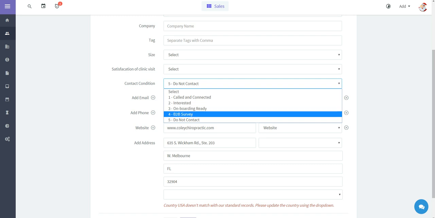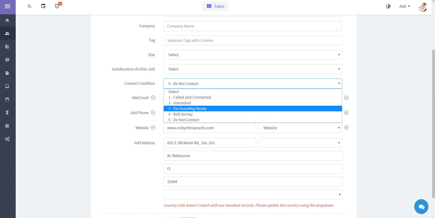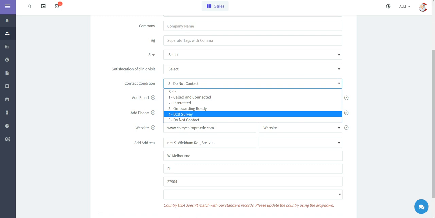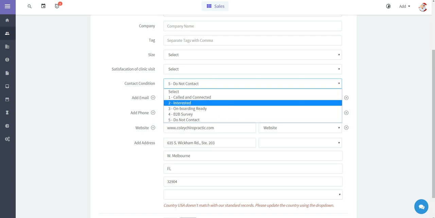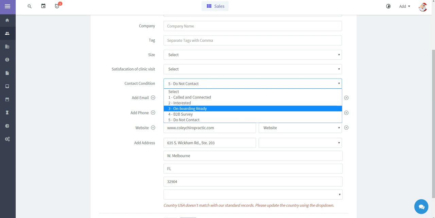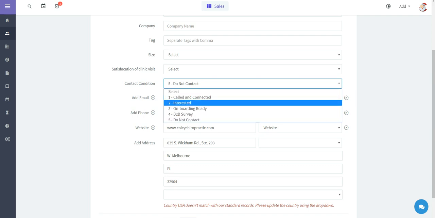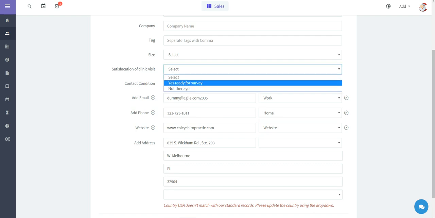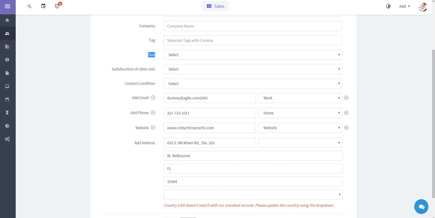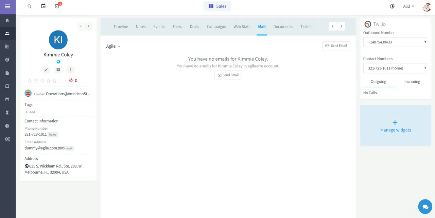Onboarding ready, B2B survey ready. B2B is once we have visited them, then we will trigger a survey for them. So this is the only field that we will use from almost a workflow perspective. Workflow 1, called and connected. Yes, this person is interested. Onboarding ready, B2B survey ready, or do not contact. So if do not contact, we're not going to contact this person anymore. I will take this out, satisfaction of clinics. This is going to go out, and the size of this, and then you can basically save this. So hopefully this gives you a quick view of what